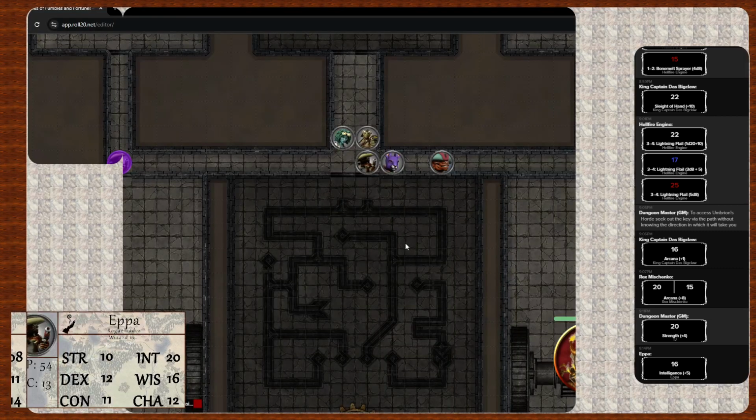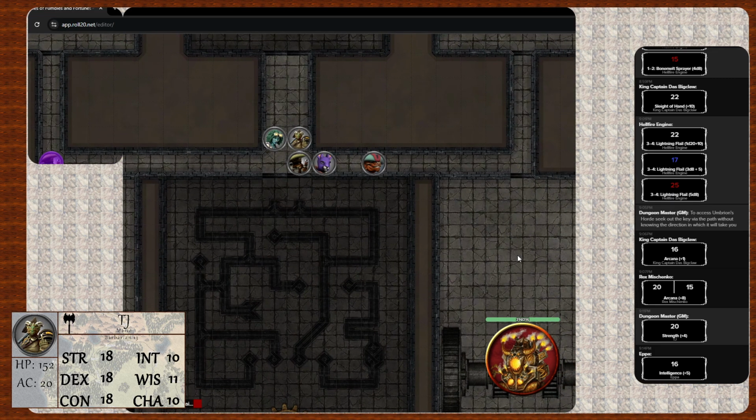Why would you make us do that? I said it's without knowing the direction in which it will take you. So we turned the lights off so we can't see which way we're going. And then it said spin around because then you lose your sense of direction. Did you say that there's machines going in the corner? There are indeed. Would it be worth trying to either feed them or using them in the dark? You can certainly try.